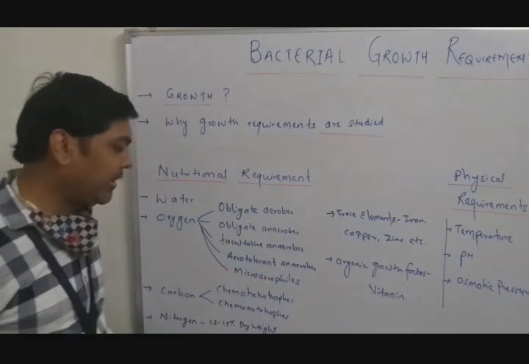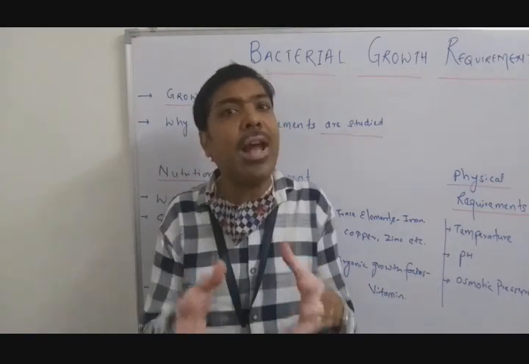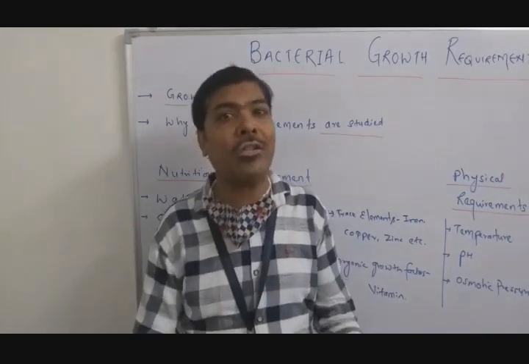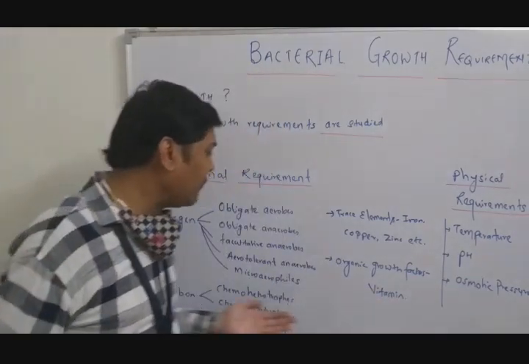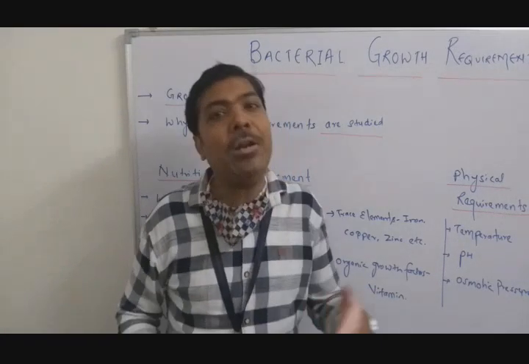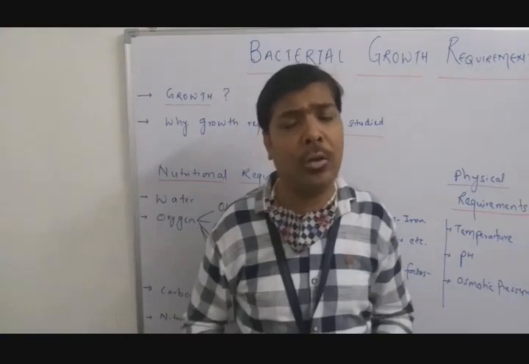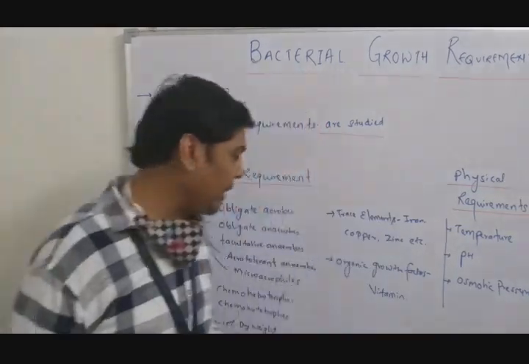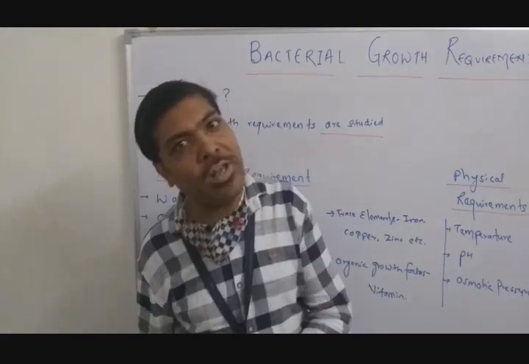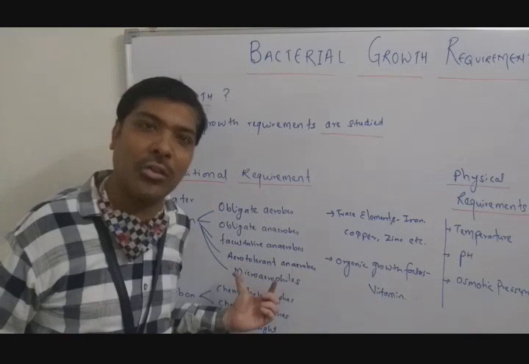The next category of the bacteria depending upon the oxygen requirement is microaerophiles. Microaerophiles are those bacteria which are actually aerobic in nature, but they require a very small amount of oxygen. If the small amount of oxygen is available, they can survive. And again, if we compare it with the obligate aerobe, then as I have told, the growth of the obligate aerobes depends upon the concentration of the oxygen. The more the concentration of the oxygen, the more aerobic growth will be observed. But microaerophiles are the bacteria which are actually aerobic in nature, but their growth is not depending upon the concentration,